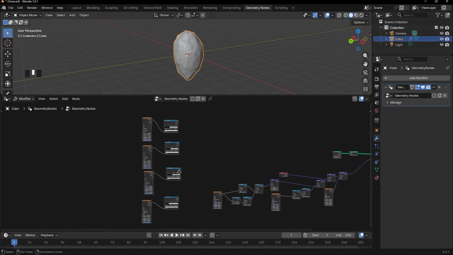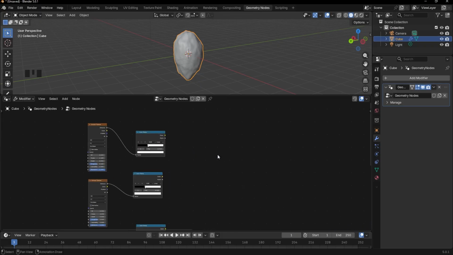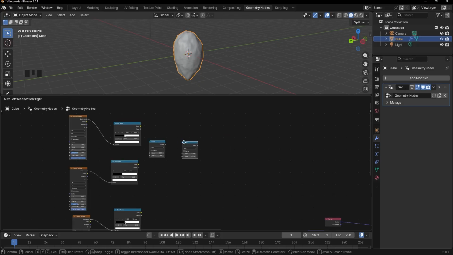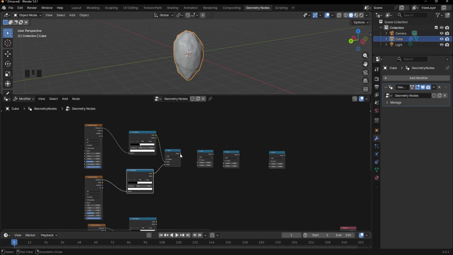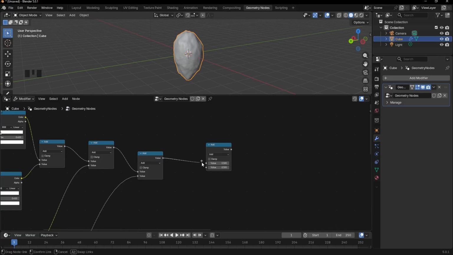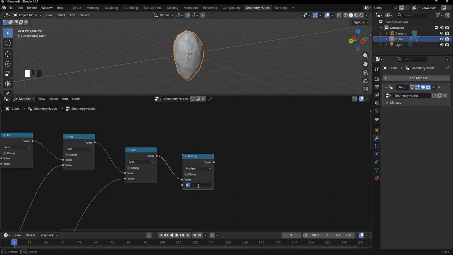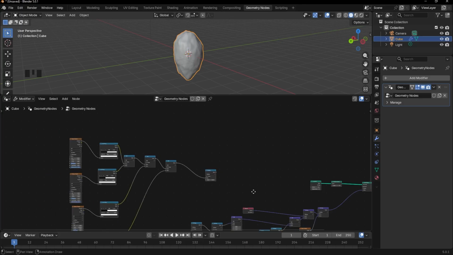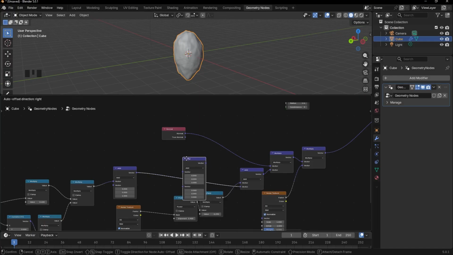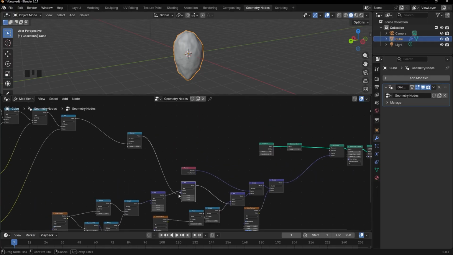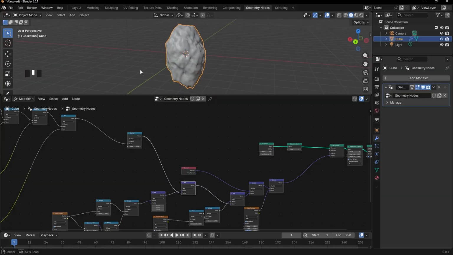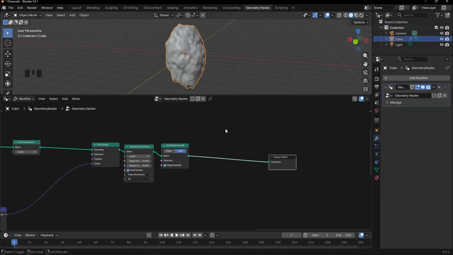Okay, now we need to add all these textures together. So I add 4 math nodes and connect all of this together using add nodes. But we need to change this one to multiply and set its value to 0.2, and duplicate this vector math node, and I connect math value to vector, so it looks cool. So I add a transform geometry node